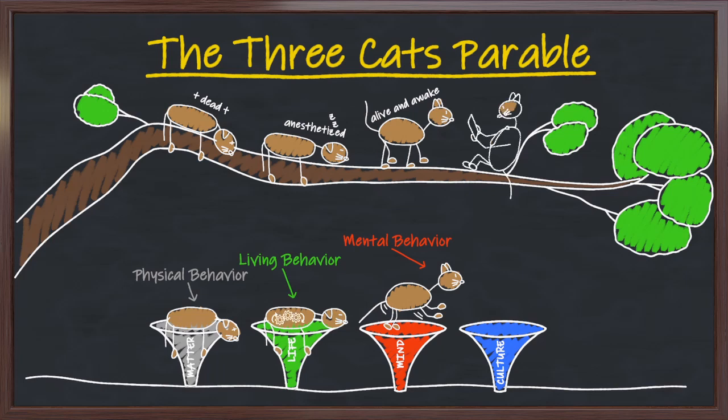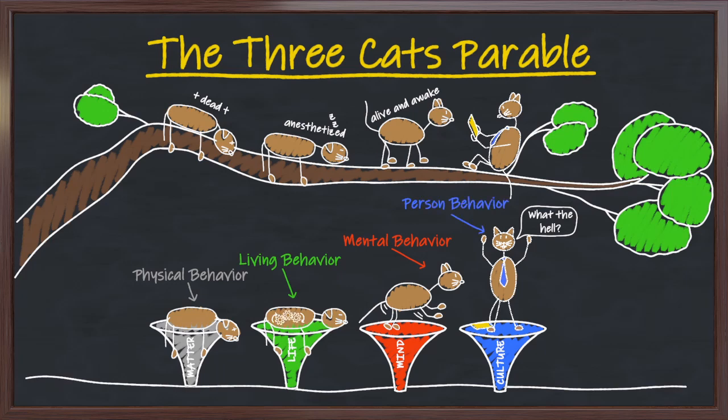We can even imagine a fourth imaginary cat that drops, lands, and says, why the hell did you drop me out of a tree? That would actually be culture person, and of course it's imaginary because we're imagining animal behavior that way. So now what you see is there's nested movement in general, and then functional living, functional animal, and potentially functional person.